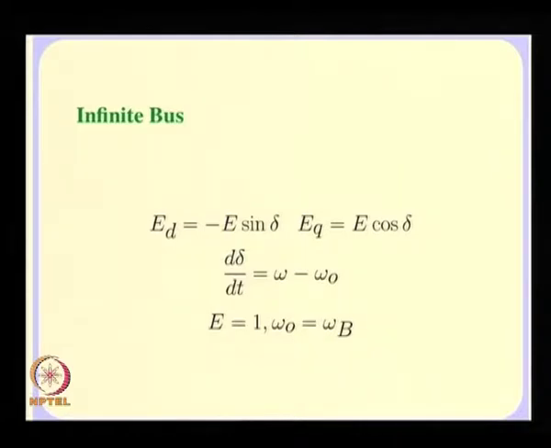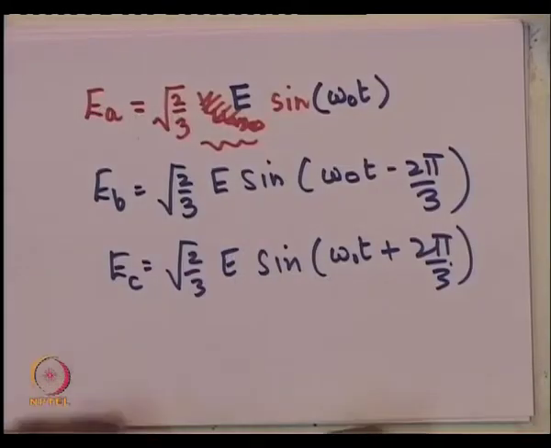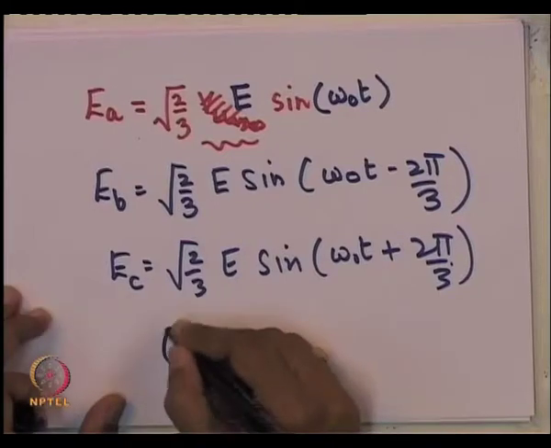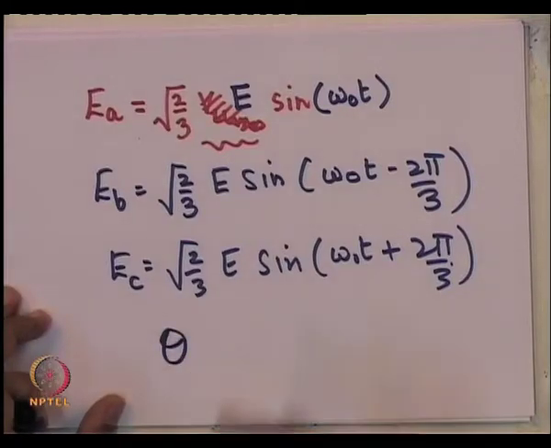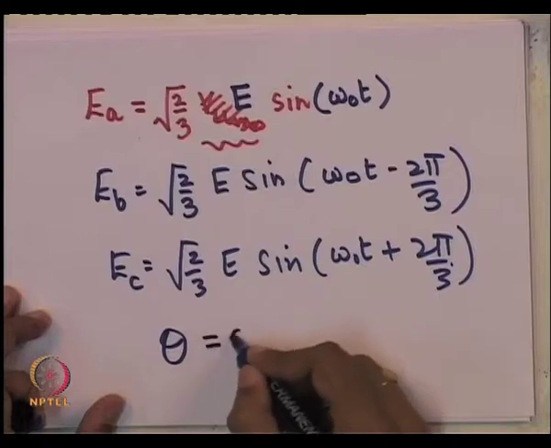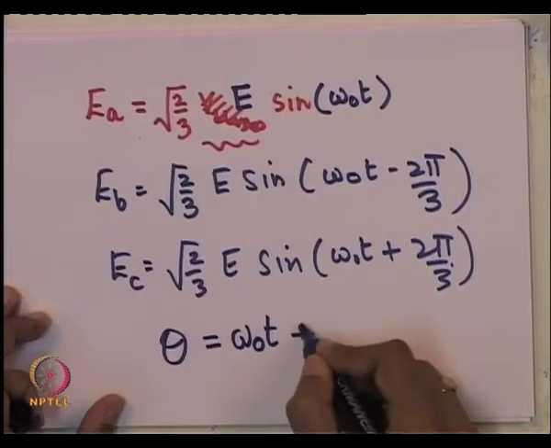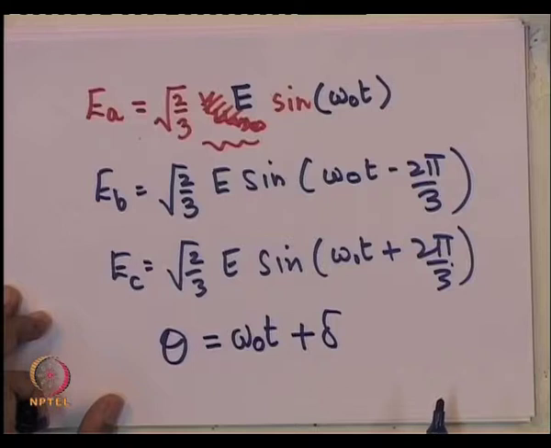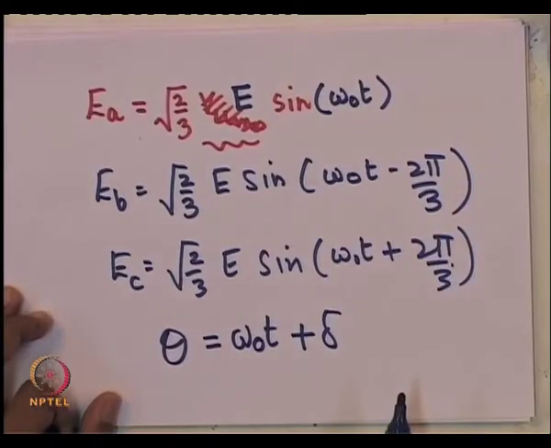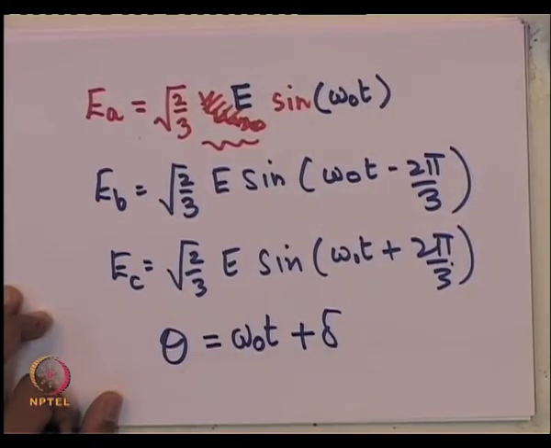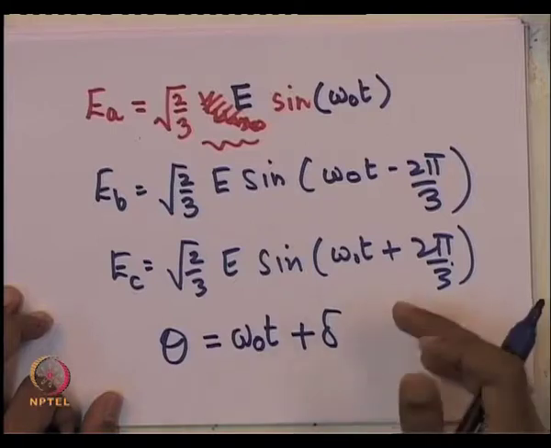The infinite bus itself, remember its frequency is omega naught, and the phase angle, since E_a, E_b and E_c are defined to be these. Now, the position of the rotor, theta, is defined like this. If omega naught is the frequency of the infinite bus, the rotor position is omega naught t plus delta, which also means